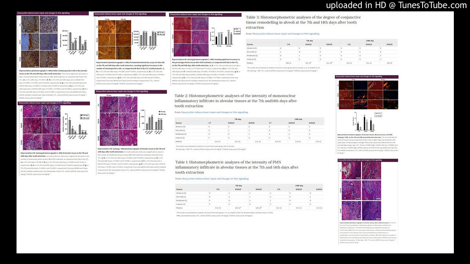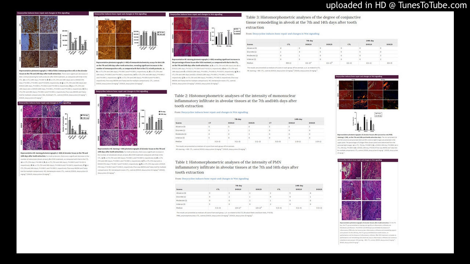B, D, versus CTL, 7th and 14th days, and versus DOX25, 7th day, P equals 0.0001, P equals 0.0001 and P equals 0.0248, respectively. E, G, versus CTL, 7th and 14th days, and DOX10, 14th day,